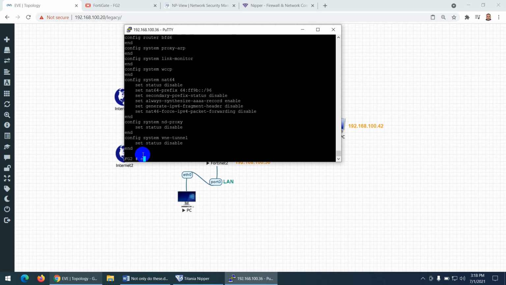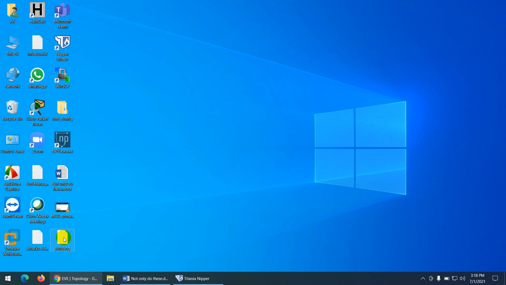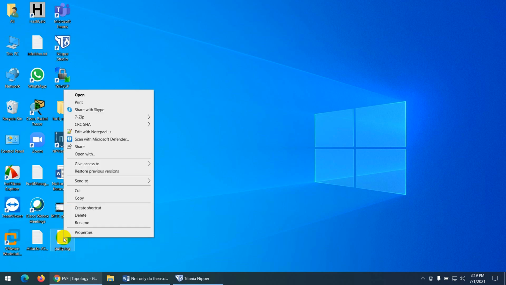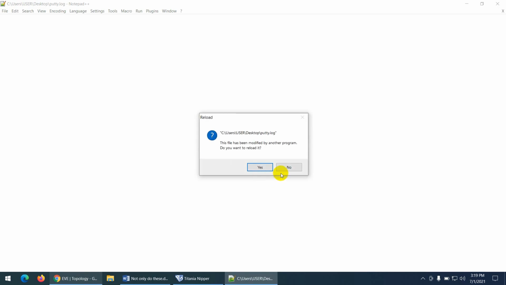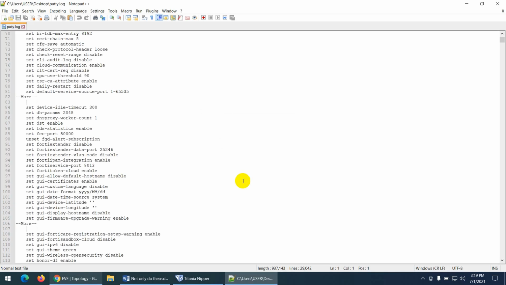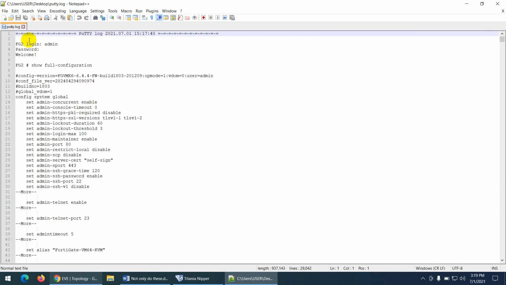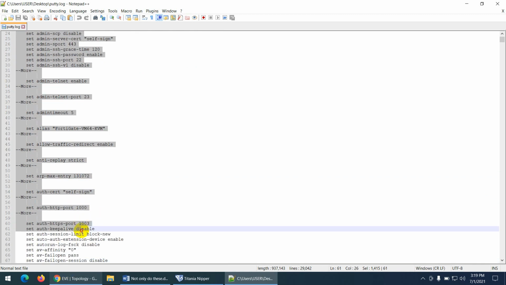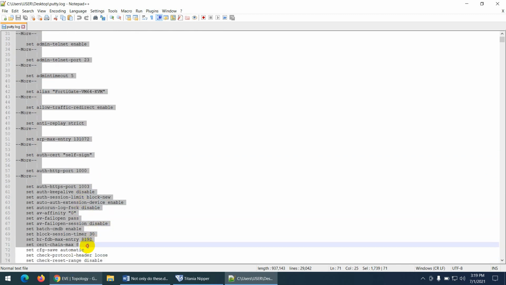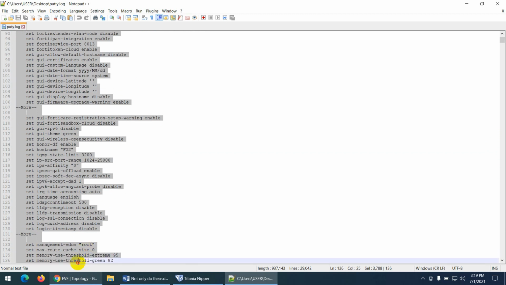My work is done. I can exit, and if I go here and open this file, you will see, because I typed it two times, I don't need these. I was showing you more. I pressed a few times more, and then let's delete this one.